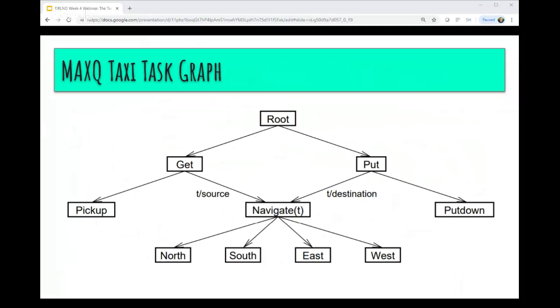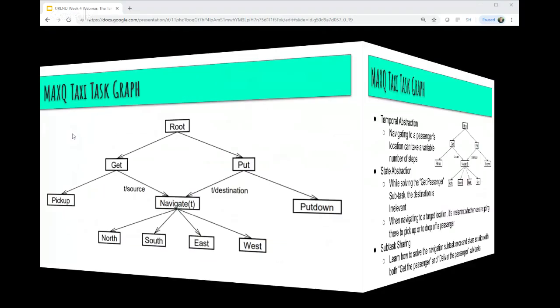It can either be navigate to the source where a passenger is waiting to be picked up, or t could be a destination where you're navigating to the destination. And so that's just a parameter to the navigate task. Other than that, it doesn't know that it's a pickup spot or a drop-off spot. It's just told to navigate to that source or that destination location. So the authors of the paper then talk about